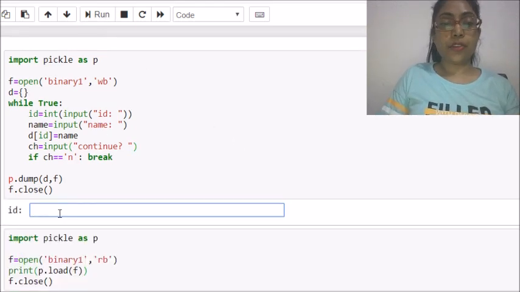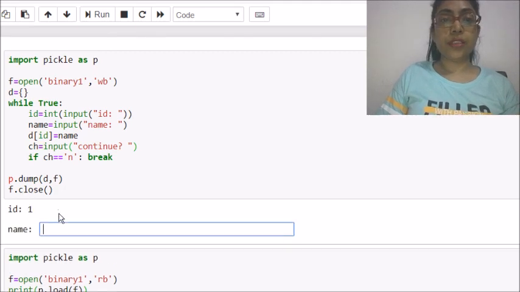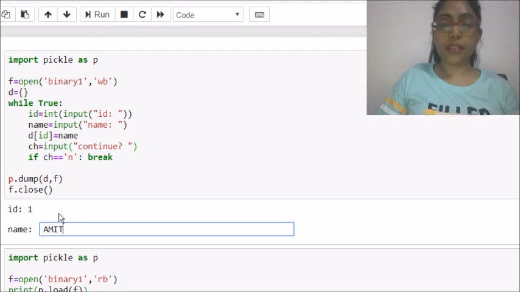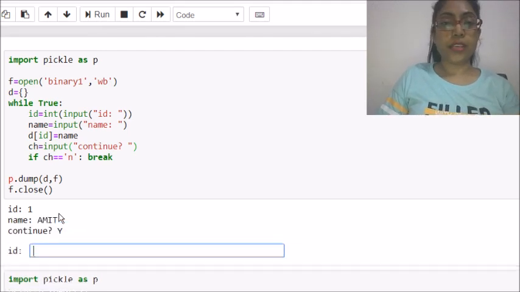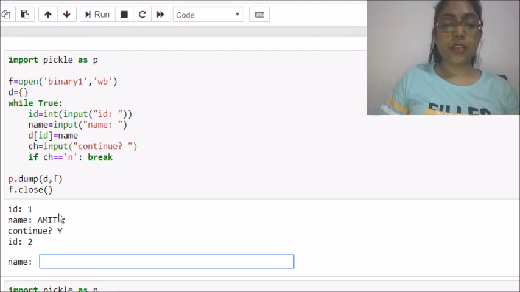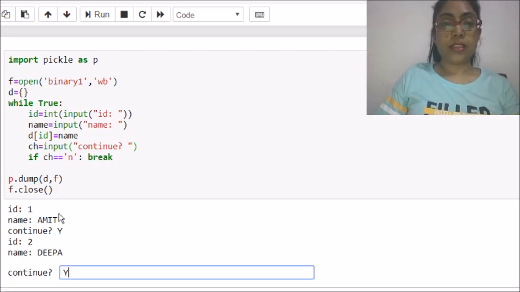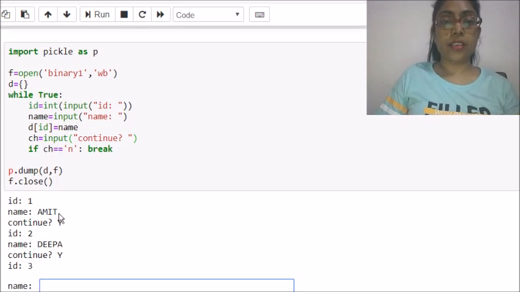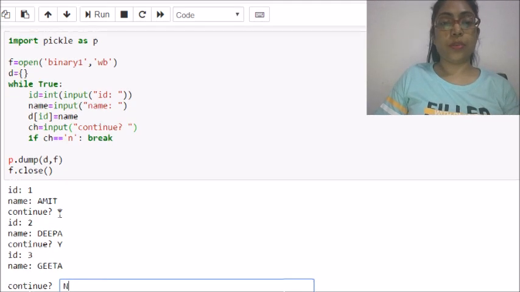It is asking for the ID. Suppose the ID is 1 and name is Amit. Continue, yes. ID is 2, name is Deepa. Yes. ID is 3, name is Geeta. No, I don't want to continue.